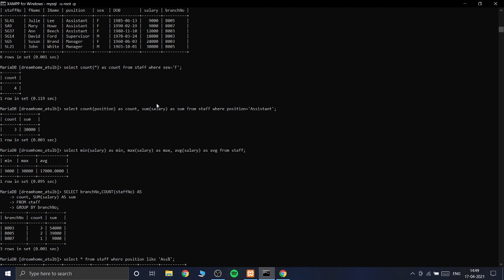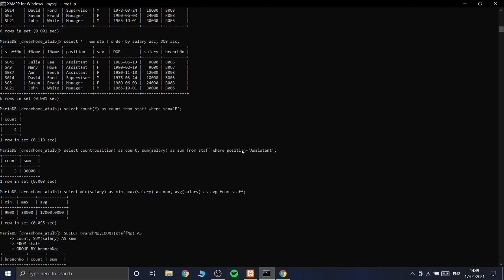Now if you have to count and also take the sum of any column, we will use select count position. So position will get counted as count. Sum equal to salary, the salary column will get summed as sum. We have to display it from staff where position equal to assistant.